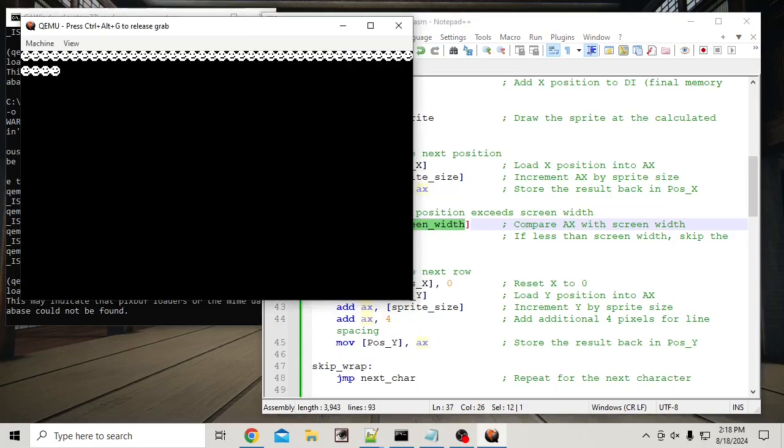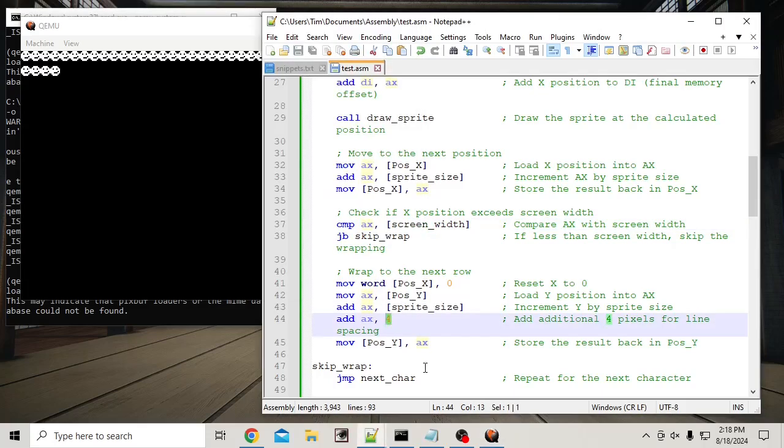So when it gets to there, it will reset it down by the height of the character size. It'll be 8 pixels down, plus a little. There's a 4. Add an extra 4 in there. Maybe 3 might be better, but 4 is a nice even number. Okay, there. So now we have